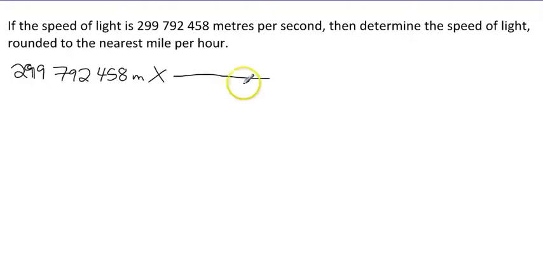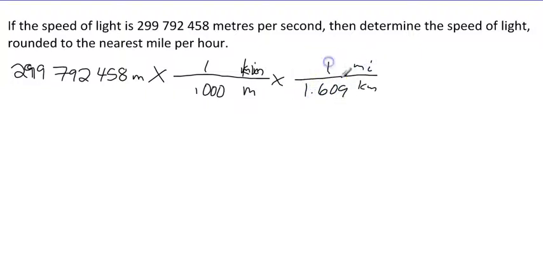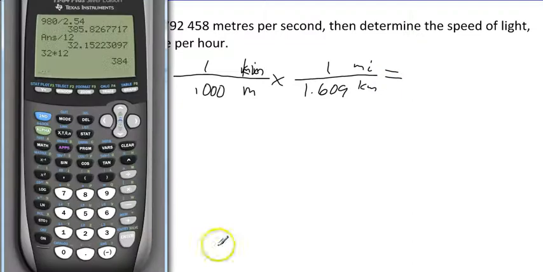Do we have a conversion for that? I don't know if we do, but I'm going to make one up. Let's go meters to kilometers. So 1 kilometer is 1,000 meters. And I do have one for kilometers to miles. Kilometers and miles. And the one I remember is this, 1.609 kilometers is 1 mile. So that's going to be,